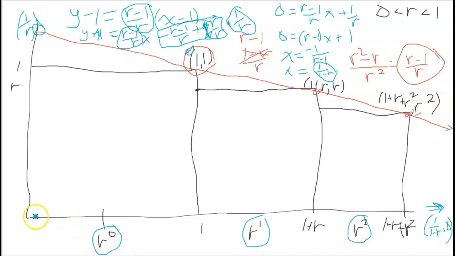And we also know that the x-intercept, so I guess I'd better write that properly. Nope, I did write it properly as an x-intercept. The x-intercept is 1 over 1 minus r, but the x-intercept is also r to the power 0